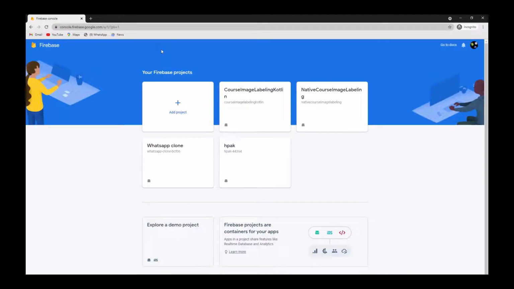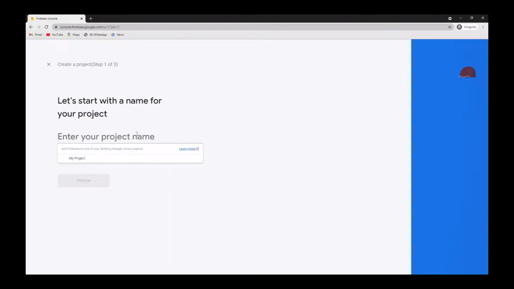So that is the landing page for your Firebase console, and here you firstly need to create a Firebase project, and after that we are gonna attach that Firebase project with our Android Studio project. So in order to create a new project, you need to click on this add project button, and after that